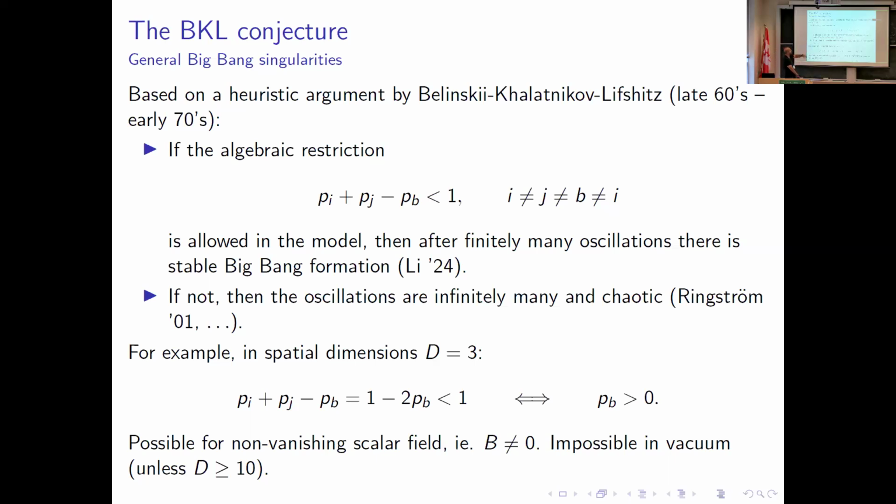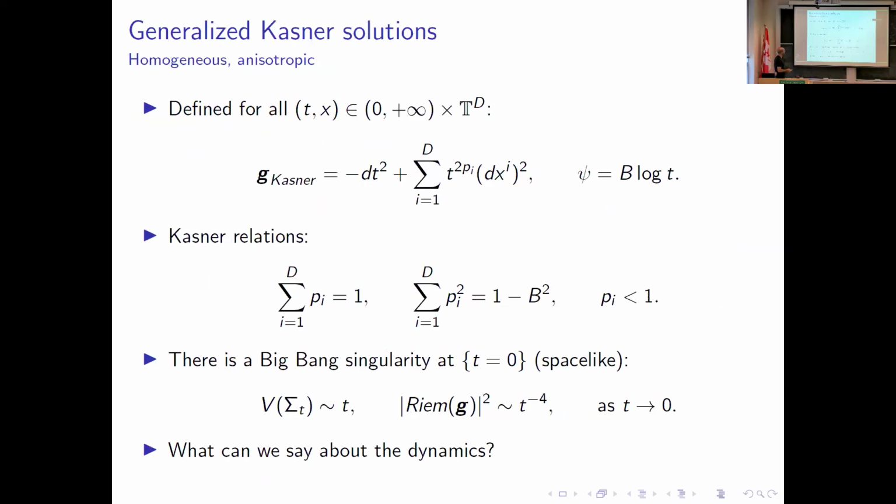So this subcriticality condition that we already saw in Hans's talk is allowed in the presence of a scalar field in 3 or higher spatial dimensions. So in 3 spatial dimensions, actually, it is equivalent to the Kasner exponents being positive. Okay, so for the scalar field, this is possible, and in vacuum, it's not. This is actually very easy to see. If they're all positive and less than 1, then the sum of squares is going to be strictly less than 1. So you need B to be non-zero in order for this to be possible